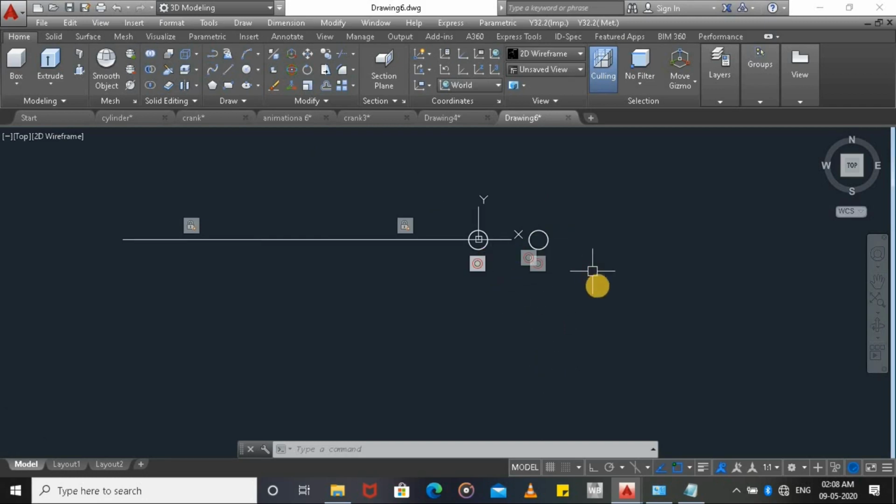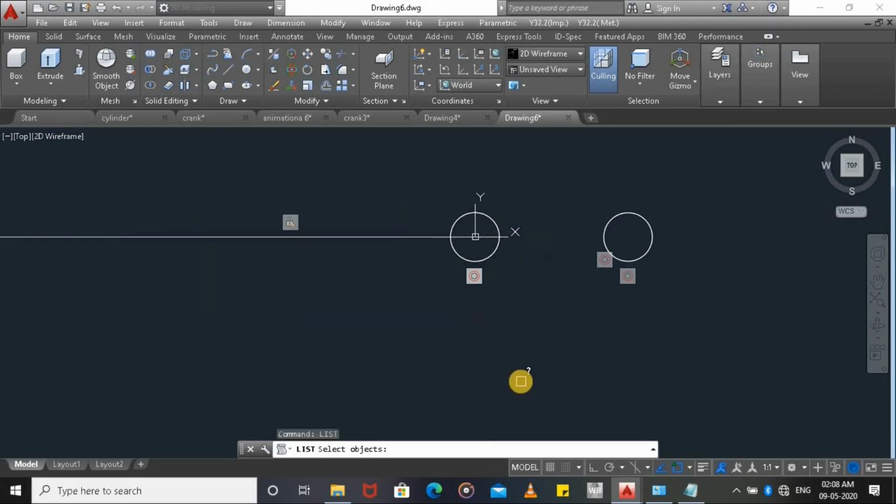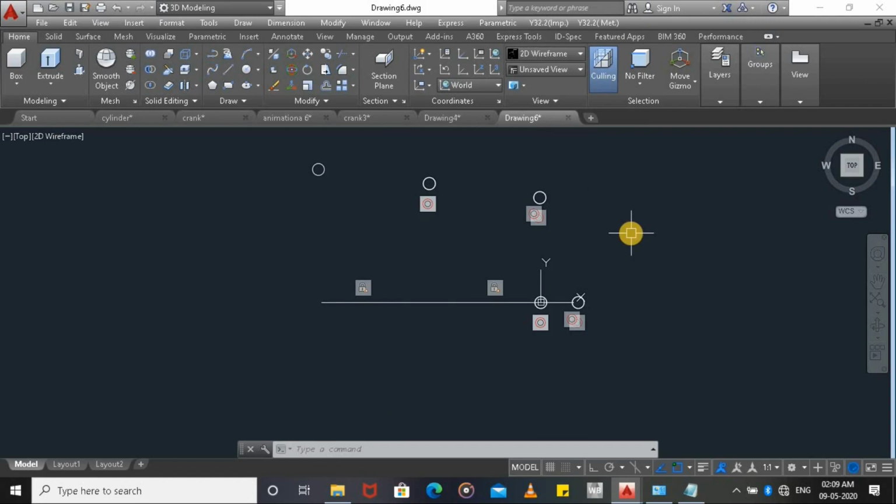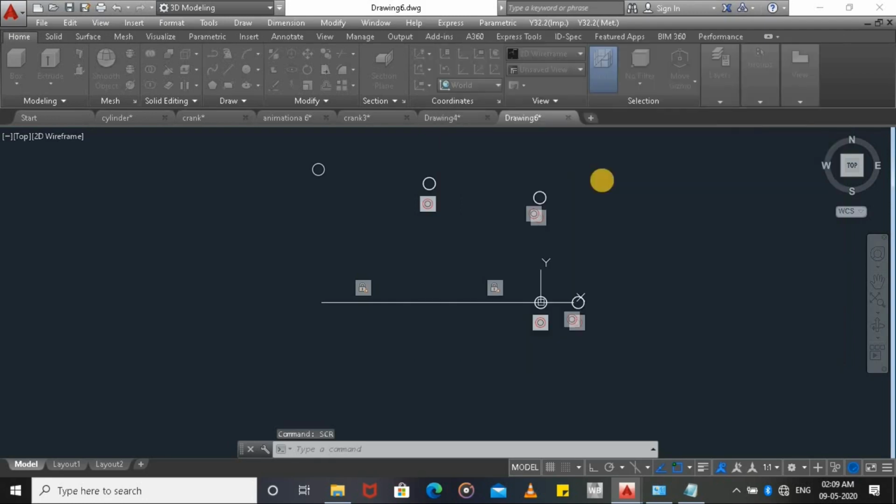Okay, so this group is created. We can check whether this group is created or not by the list command. List. So one crank is found, and this is selected. Okay, cancelling this. So for running the script, use scr and then 4bar chain.